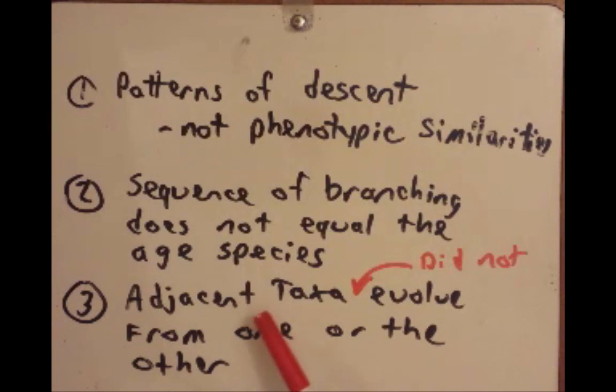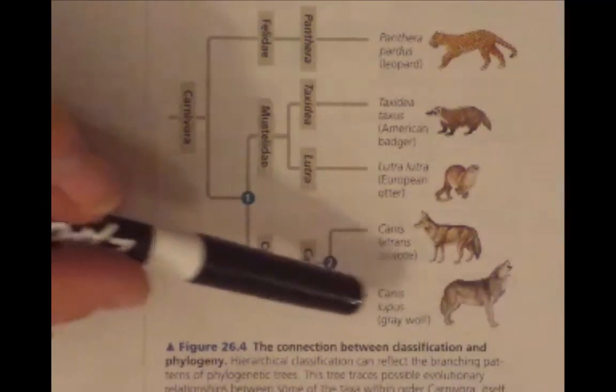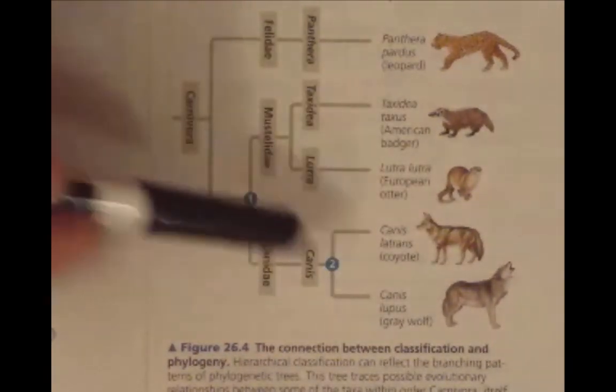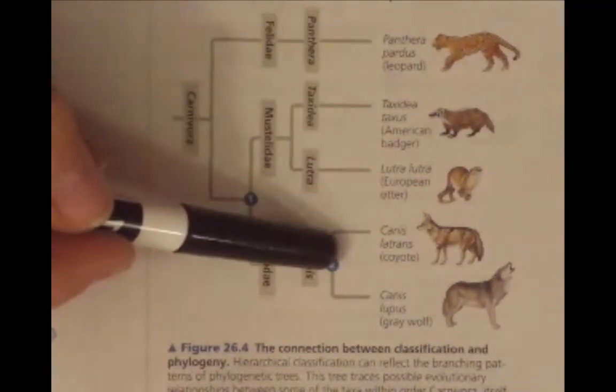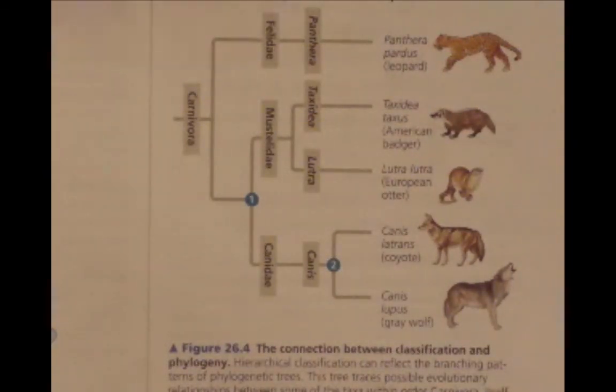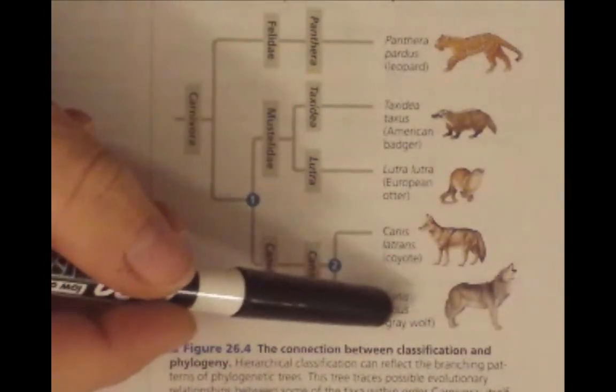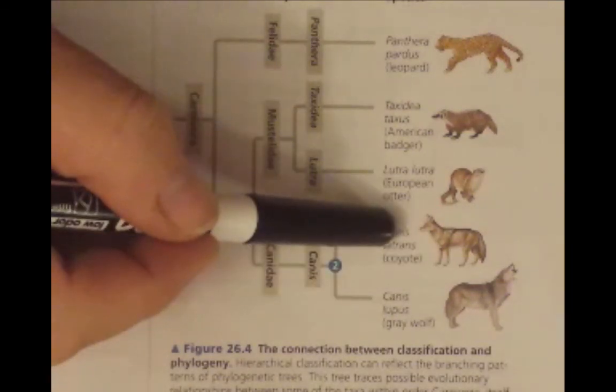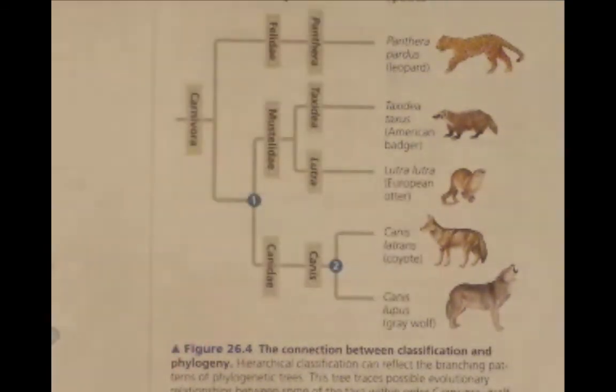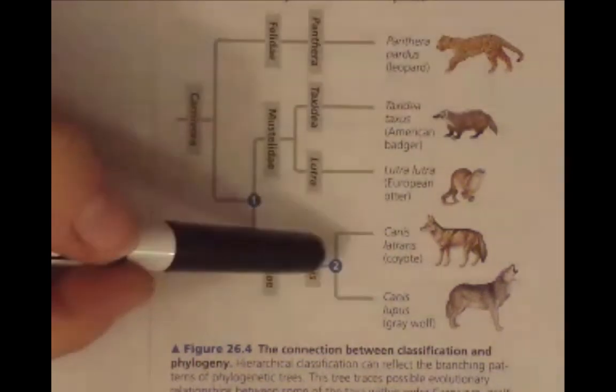Third, adjacent taxa did not evolve from one or the other. Adjacent taxa represent their own distinct lineages and they share a common ancestor. Let's go back and look at figure 26.4 to explain exactly what I mean by this. We know that the gray wolf and the coyote had this common ancestor here where the number 2 is indicated. We should not assume that the gray wolf evolved from the coyote or the coyote evolved from the gray wolf. All we know for sure is that there